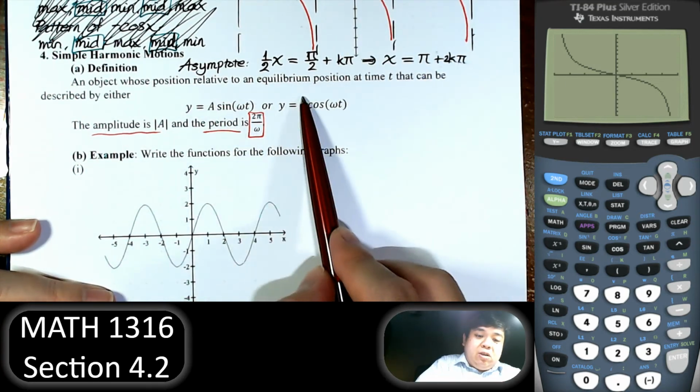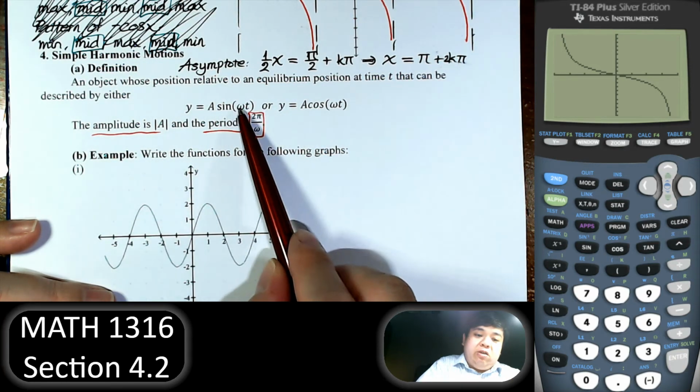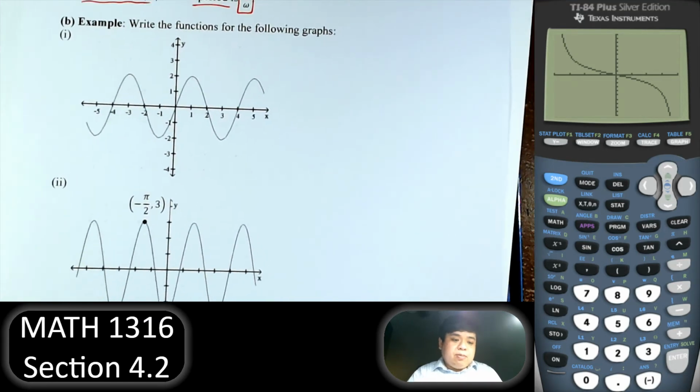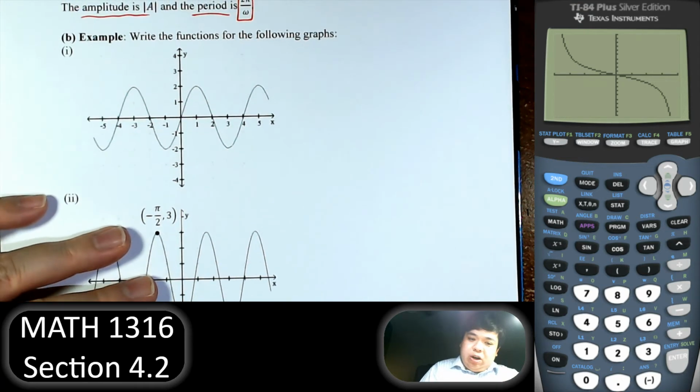The amplitude, of course, is the absolute value of that number. The period for sine, cosine, take 2 pi divided by the coefficient of that. Now, the question is, can we base on that and determine what is the function if we have the graph? So on here, we know